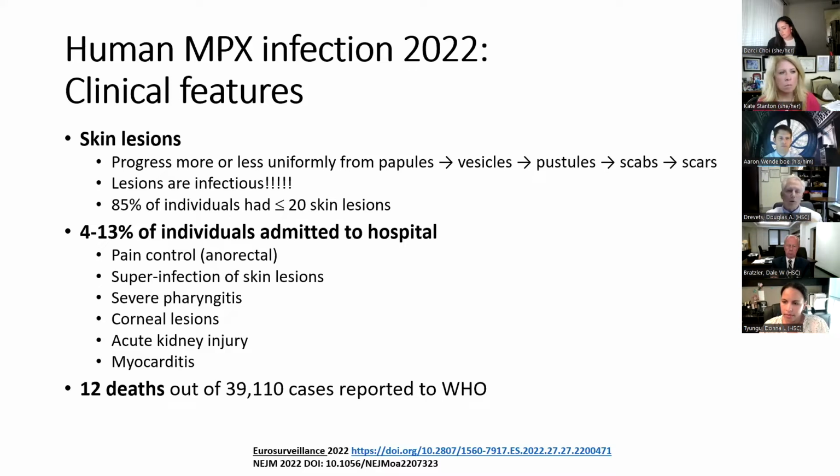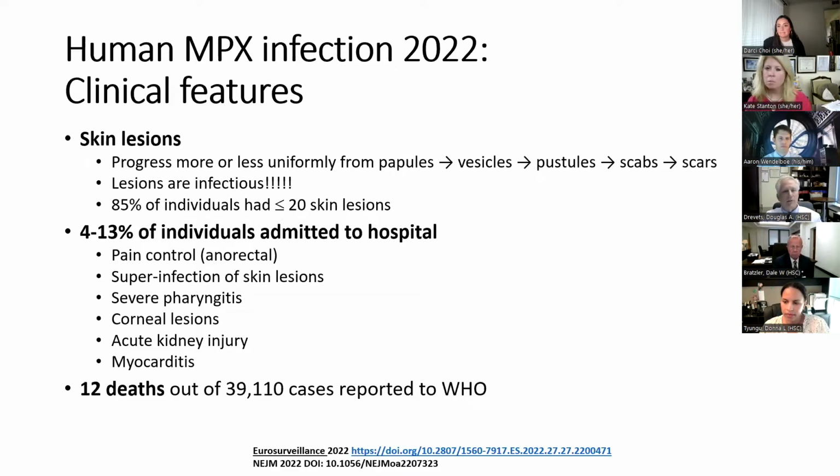Although you can also spread it, people have sores in their mouth. You can have it in the saliva and oral secretions. In patients who are in the hospital, you can find it in blood, urine, stool, as well as semen. So these lesions are infectious. But what's interesting about the current outbreak is 85% of folks with this disease had less than 20 sores all over their whole body. So it's not likely that you're going to see lots and lots of these skin lesions